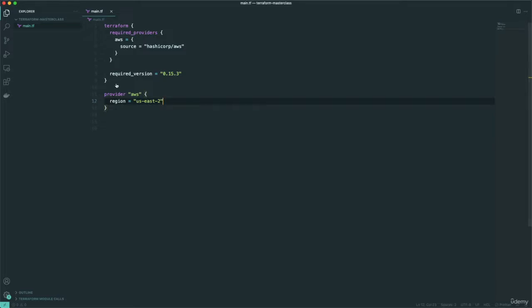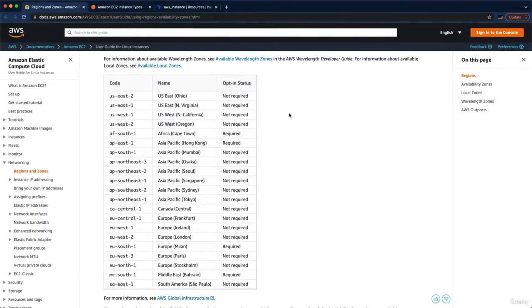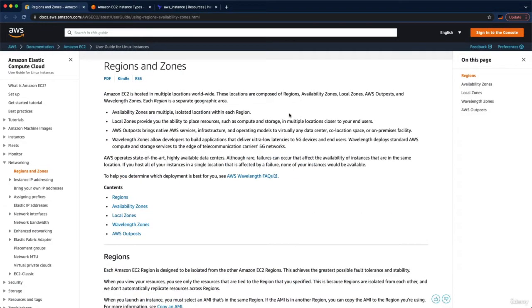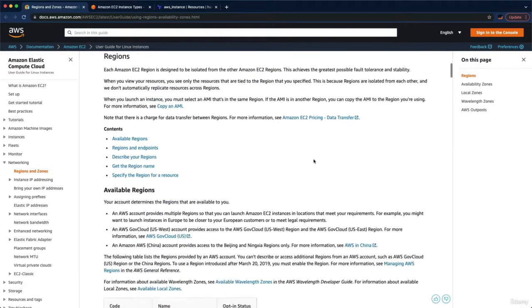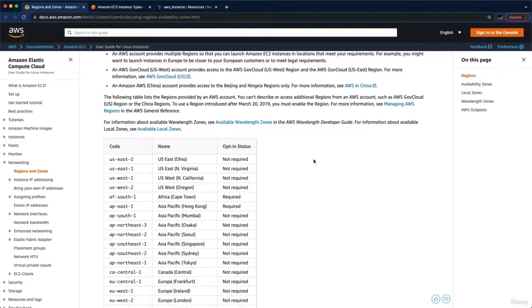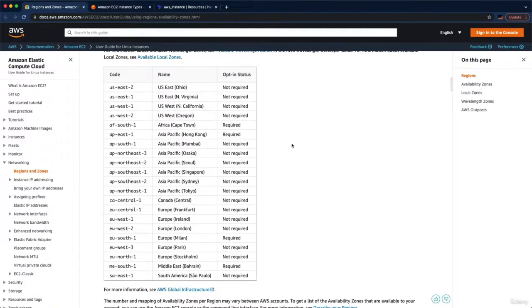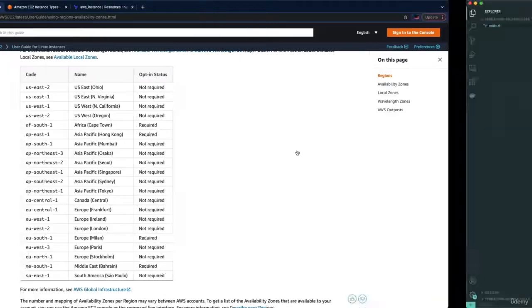Now, if I go to the browser here, I have the regions that are available in AWS open. The regions that are available are on the AWS website here. And as you can see, this table lists all of the regions that you can launch infrastructure into using Terraform. Now we're using the US East 2 region, but it's usually best practice to use the region that's closest to your users. So now if we go back to our Terraform code,